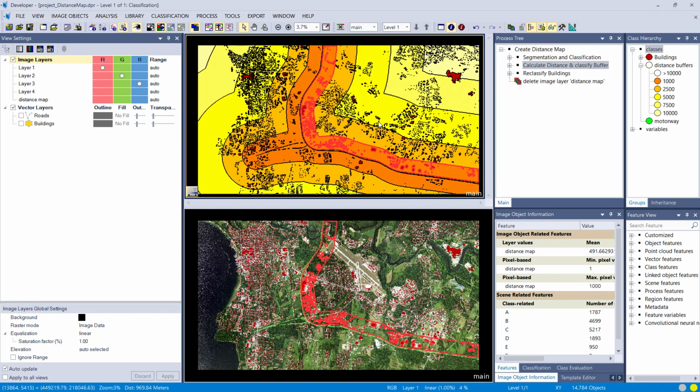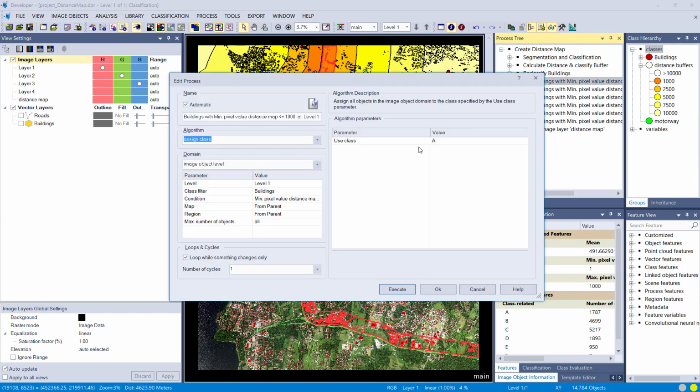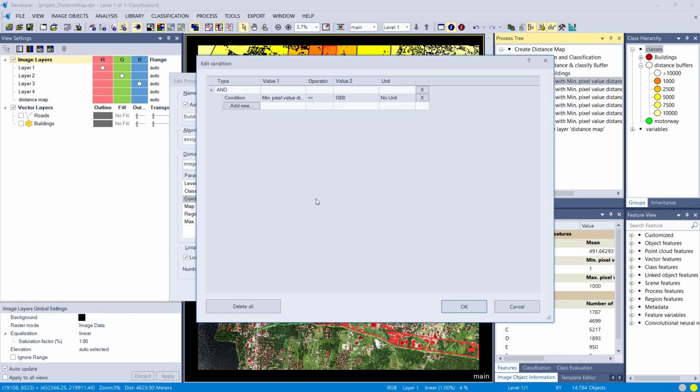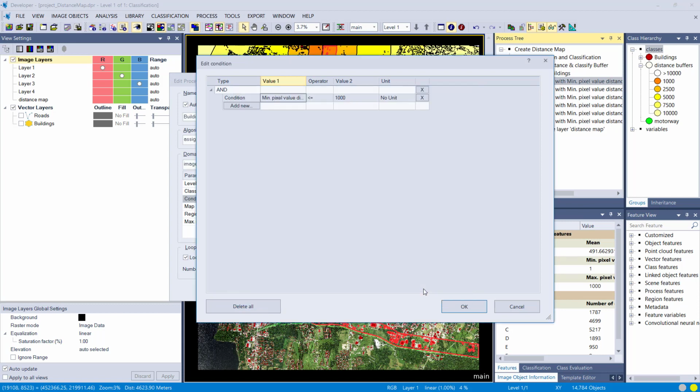That already looks pretty good, but what I want to know is how many buildings are within my first buffer and how many are in the second and third. So I use assign class and I reclassify my buildings into different building types. I'm using a feature called minimum pixel value. The minimum pixel value gives you the minimum pixel value of a certain layer that you define within your image